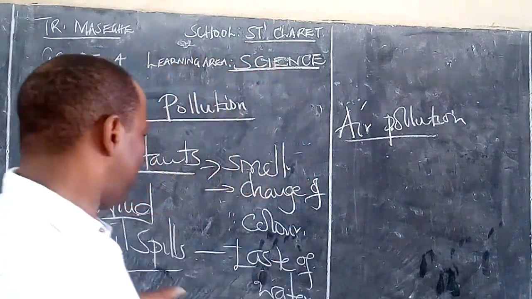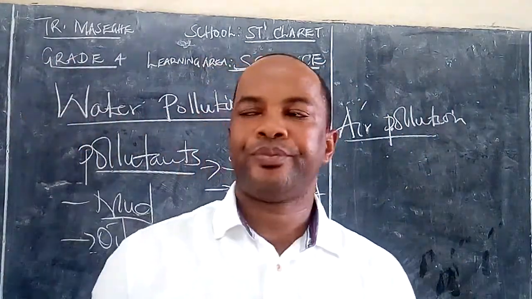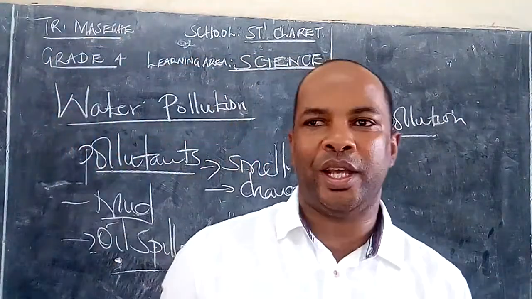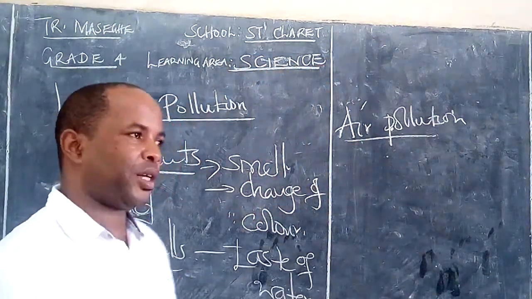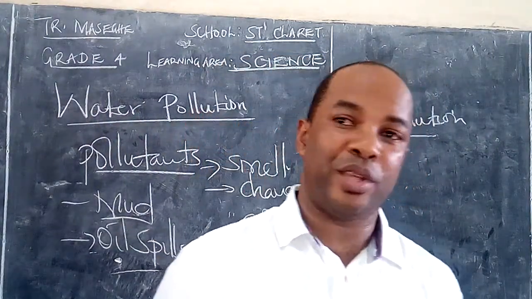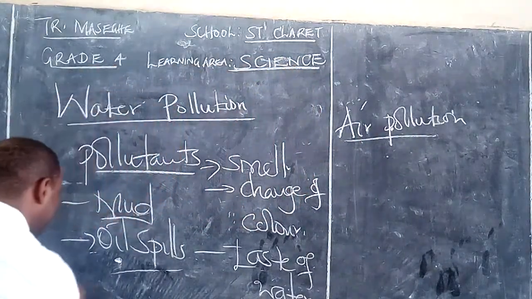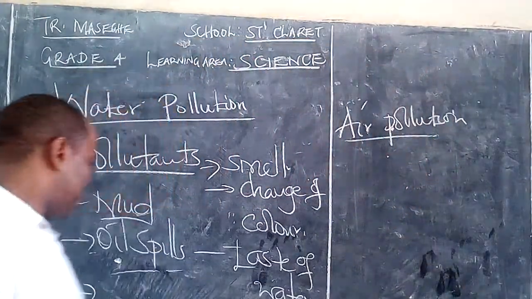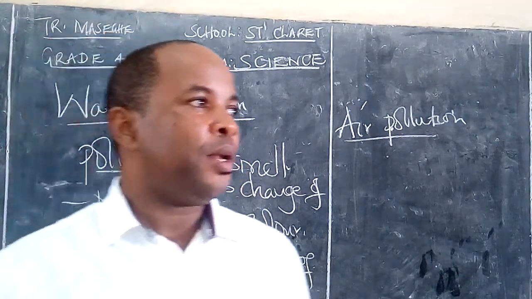Now, when the oil drops, remember, oil inhibits or prevents circulation of air. So when a large quantity of oil spills in a very large area of the sea, then there is a problem. Those creatures which are in water will not get enough oxygen, and therefore the majority of them will die, and this will bring about a problem to the living creatures. So oil spills is also one thing.